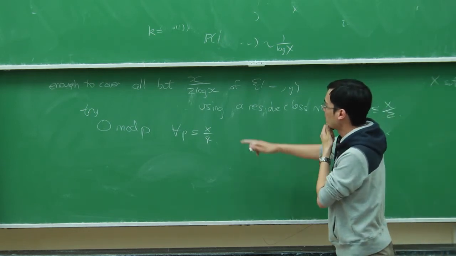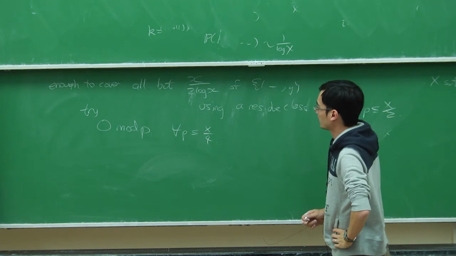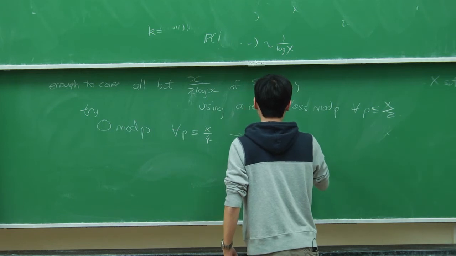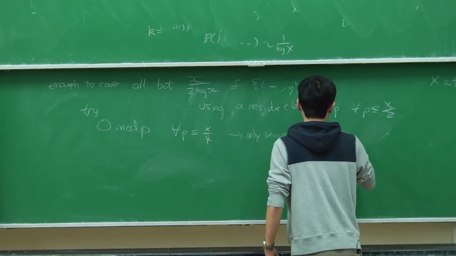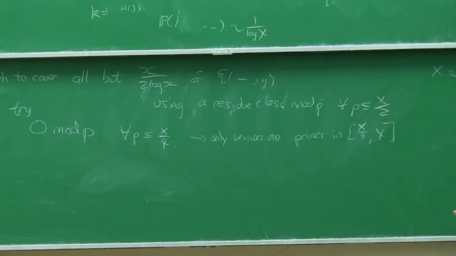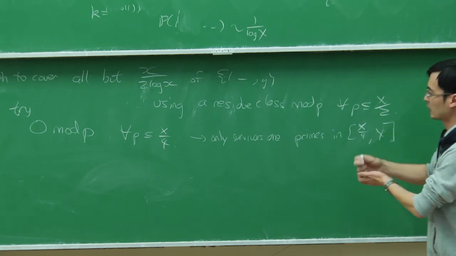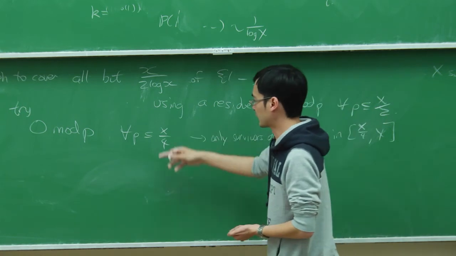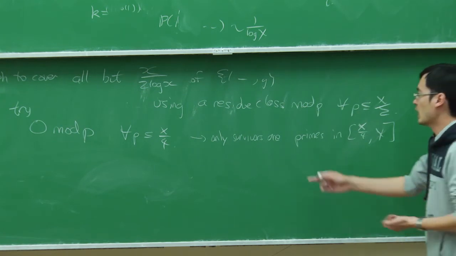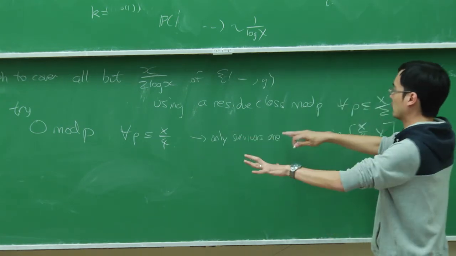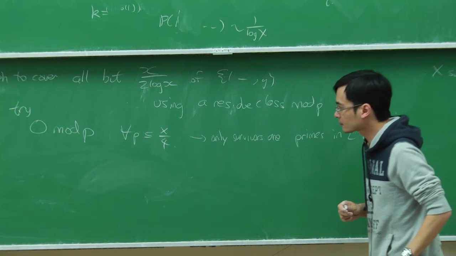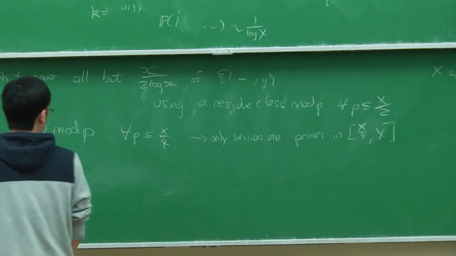The only ducks that will survive this process from the Sieve of Eratosthenes, the only survivors, are the primes bigger than x over 4 and between x over 4 and y. These are the only numbers. Any number less than y is either prime or it's divisible by at least 2 primes, and one of the primes is going to be less than x over 4, because y is only going to be a little bit bigger than x. It's like x log x times a little bit. So if you just use 0 mod p, this already gets rid of a lot of your ducks, but you keep the primes. Now that by itself is not so great, but you can observe that